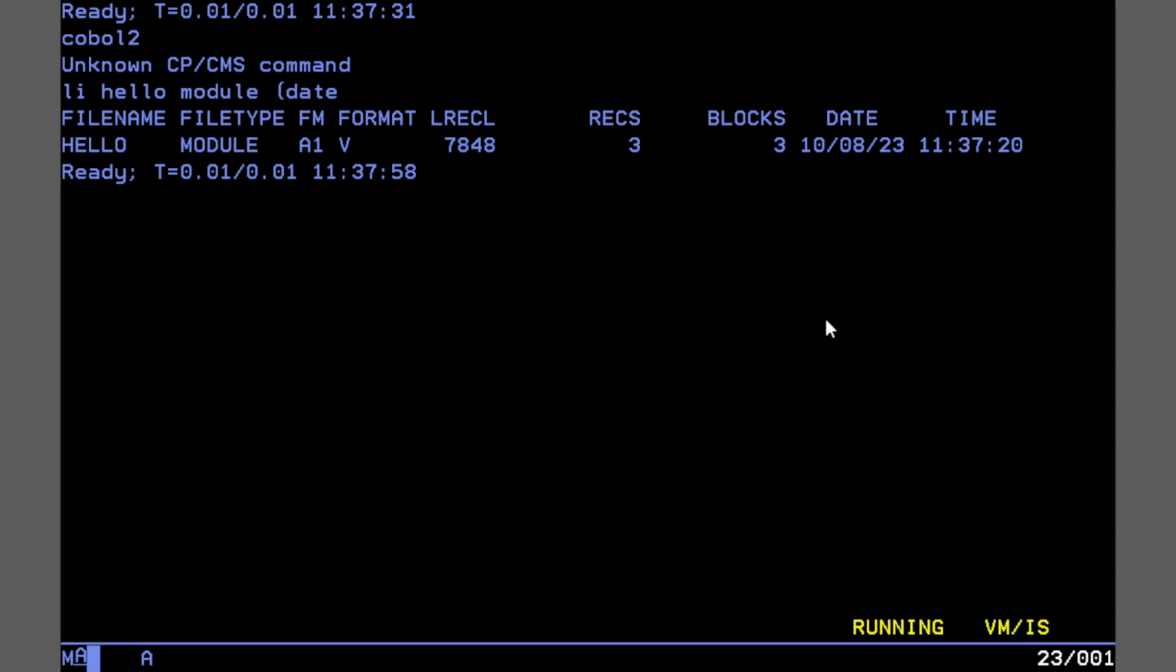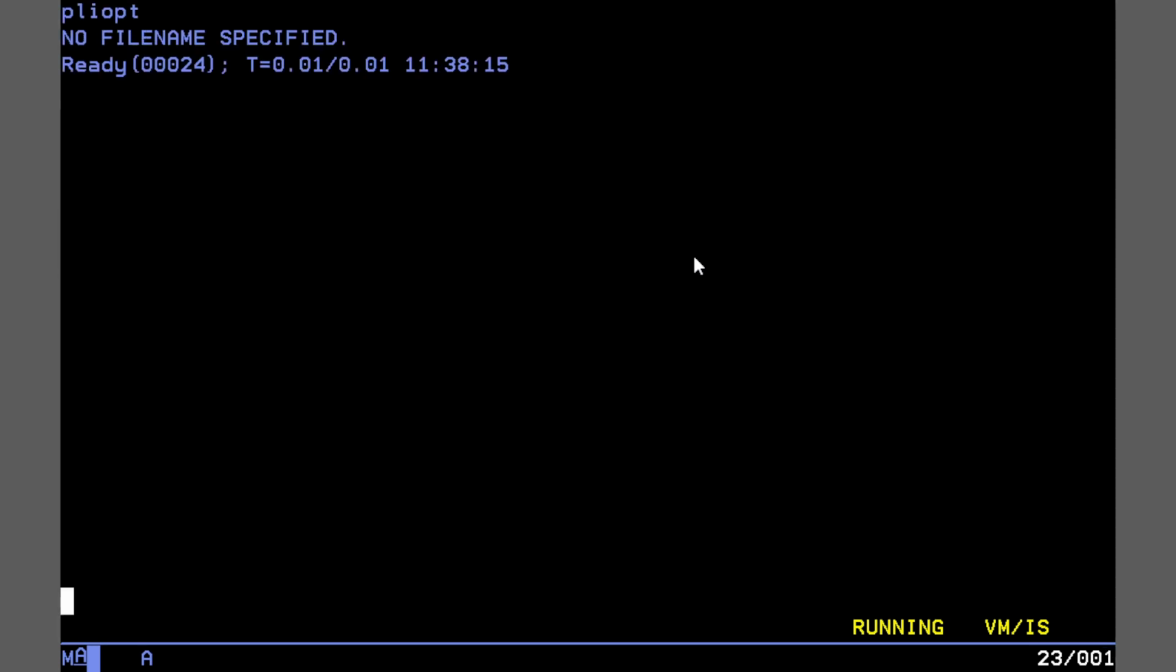Yeah, and of course you want to do 3 times 7848. That's got basically the whole TextLib, aka the COBOL runtime library in it. Nonetheless, it does work. So there we go. We also have a PL1 compiler, so we can do a